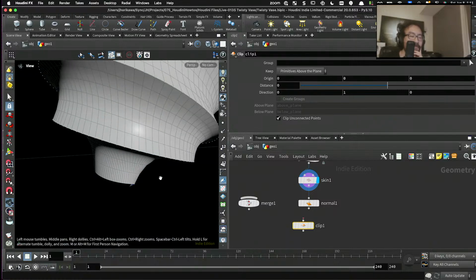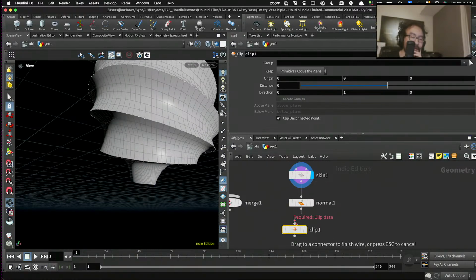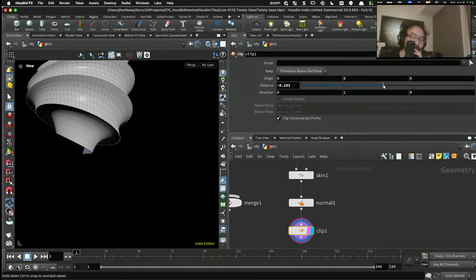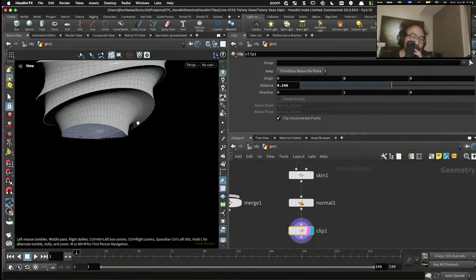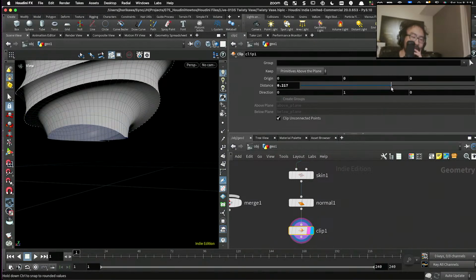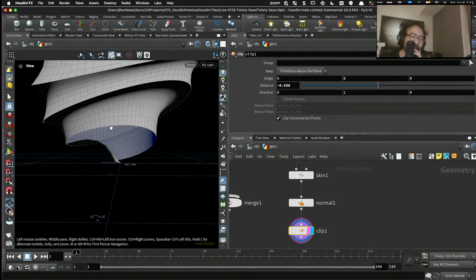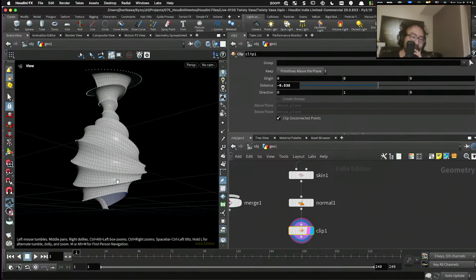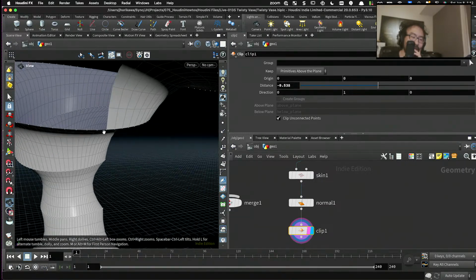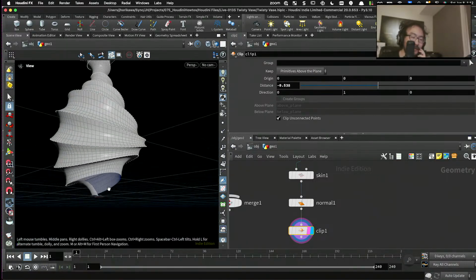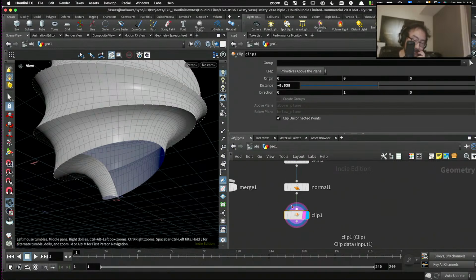So let's see what happens. Clip and increase the range distance, so we'll go something like this. You might be able to define the minimum distance. Maybe in this case, I guess the minimum distance for this clip is somewhere around here, right? And for the top part will be somewhere around here. Okay, so you could probably estimate those positions procedurally by